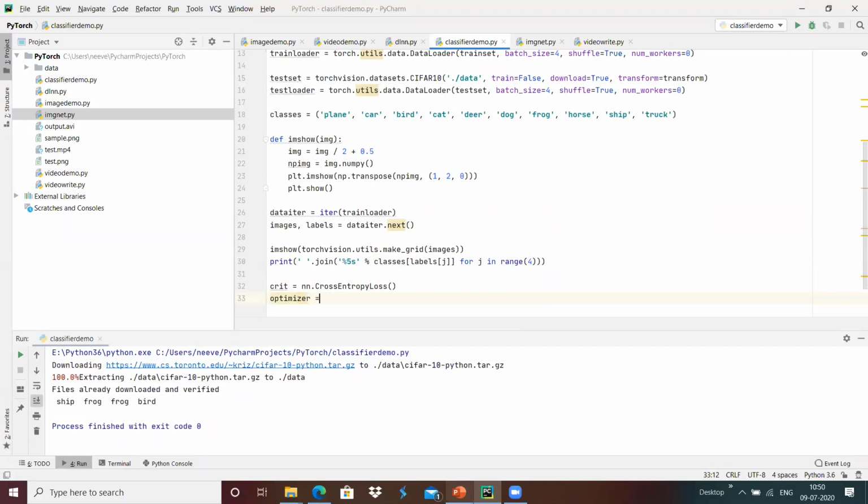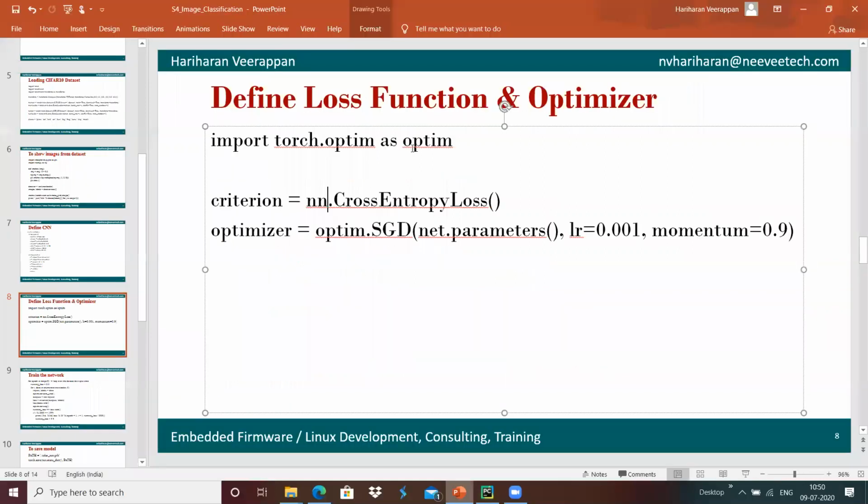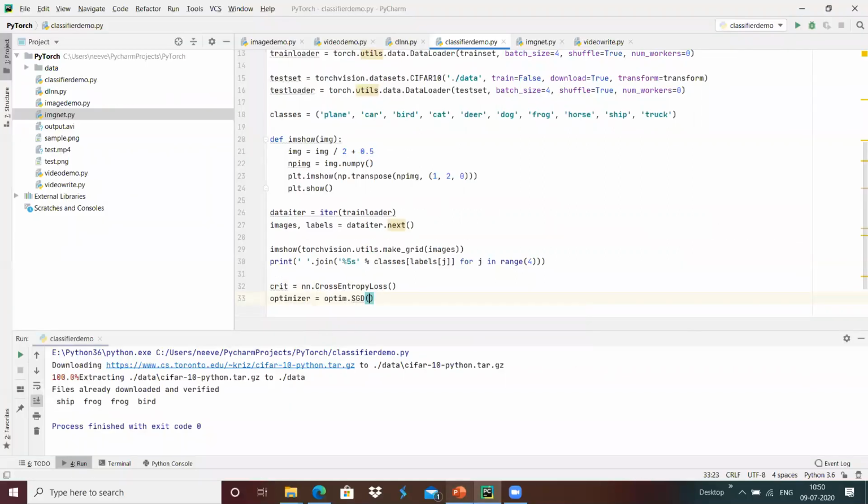The optimizer equals optim.SGD, which is stochastic gradient descent.